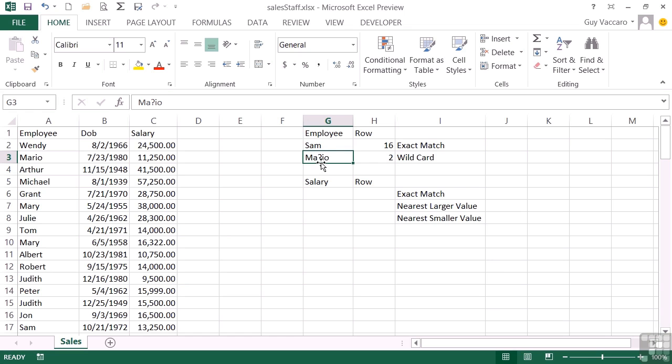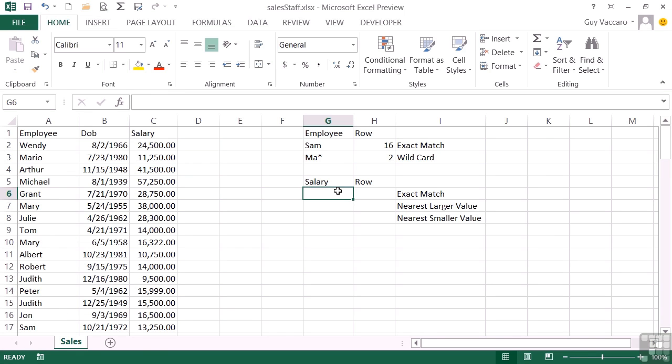The question mark can only be a single character. If you're looking to search for multiple characters, then that has to be the asterisk. But either will do, depending on what you're attempting to search for. Now, if we want to do a search on a numerical basis, which we can do on the salary or